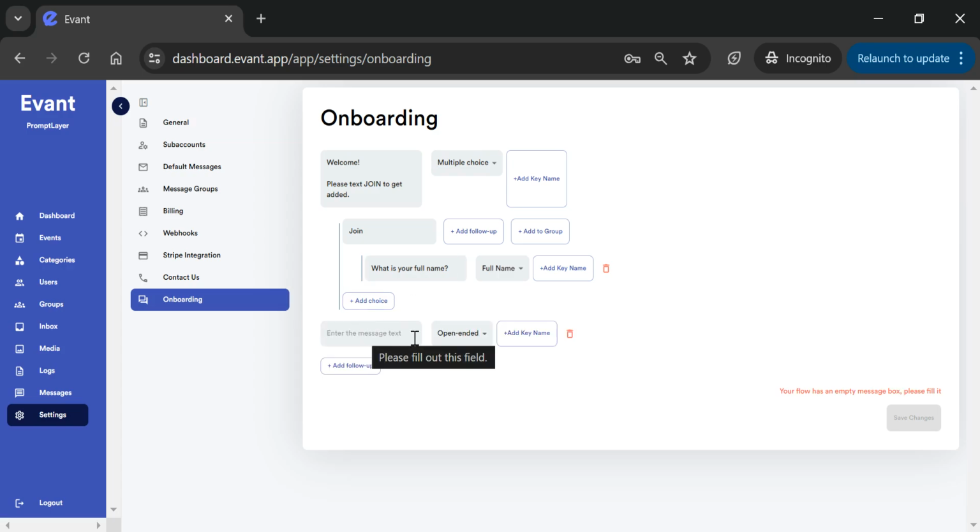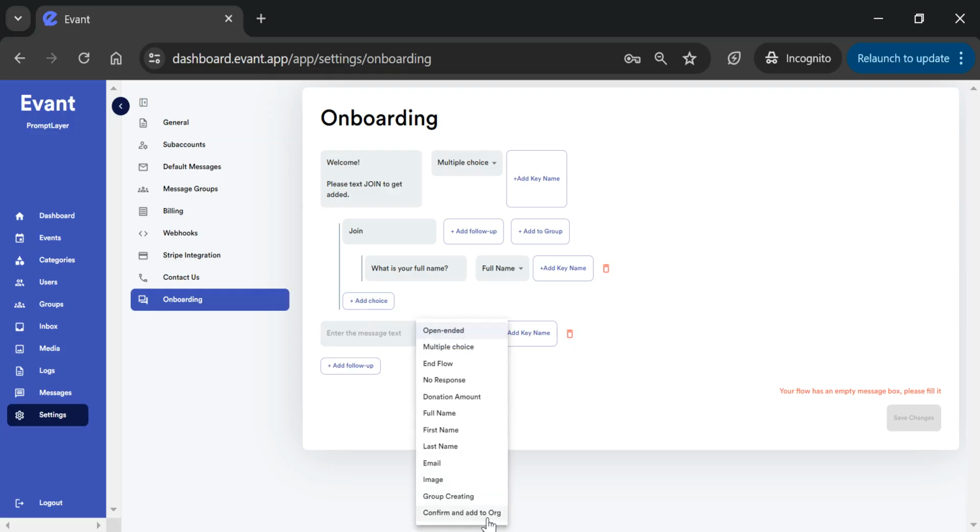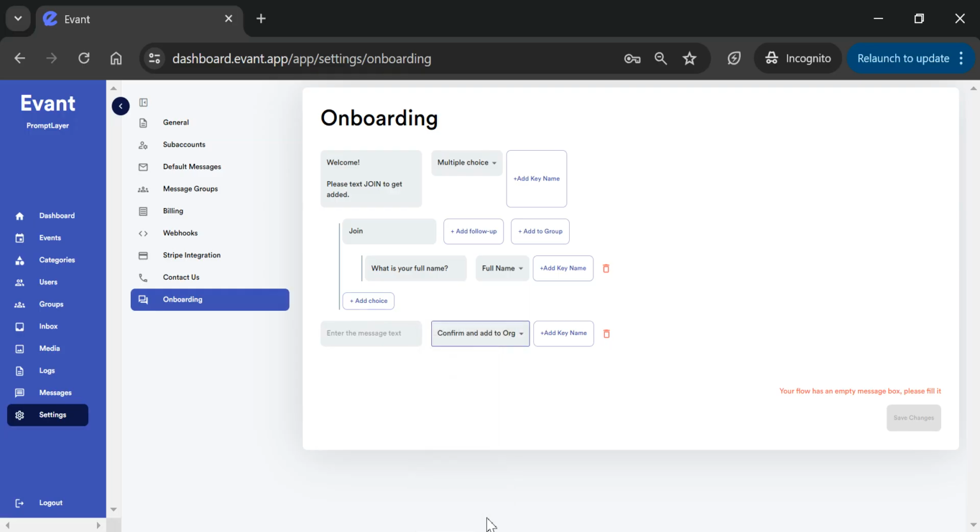The other requirement is to have them confirm and add. The confirm and add to org is when they're actually going to be confirmed and added into your system. These are just the main things that you need. We'll go into more details of other extras later, but you can have it like this. Once they text join and text their full name, now they can officially be added. You say, congrats, you are now